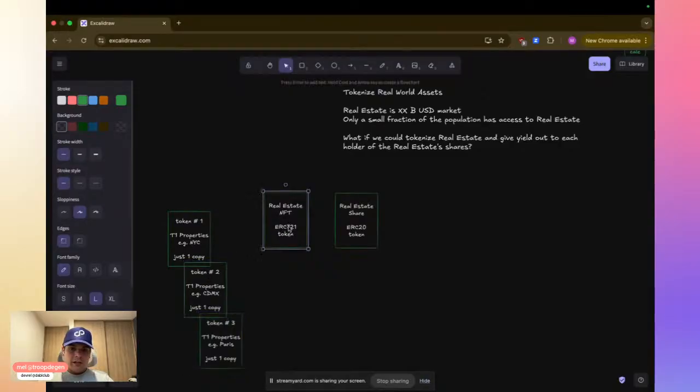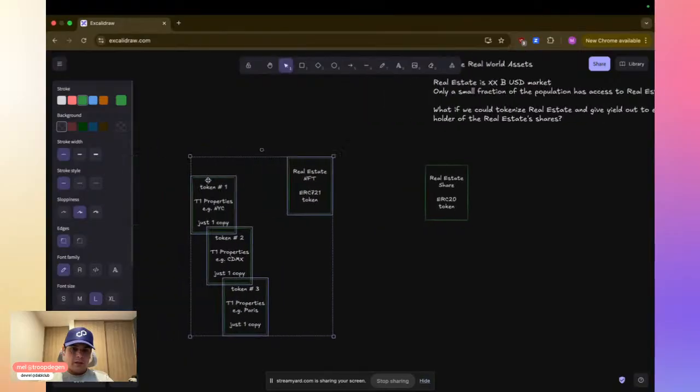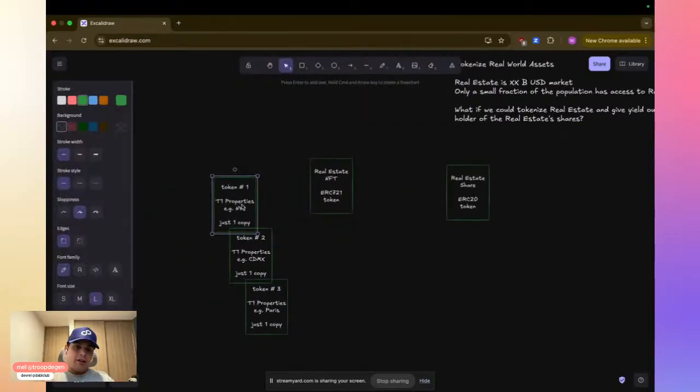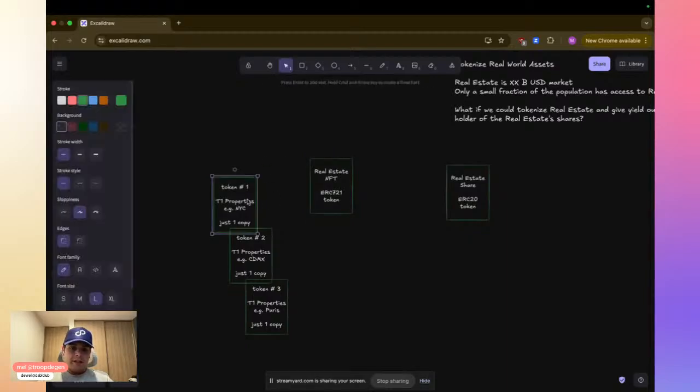ERC721 is more like each item of the collection can have its individual properties, but it's still part of a collection. And the ERC1155 is the same copy replicated, just with a different token ID.